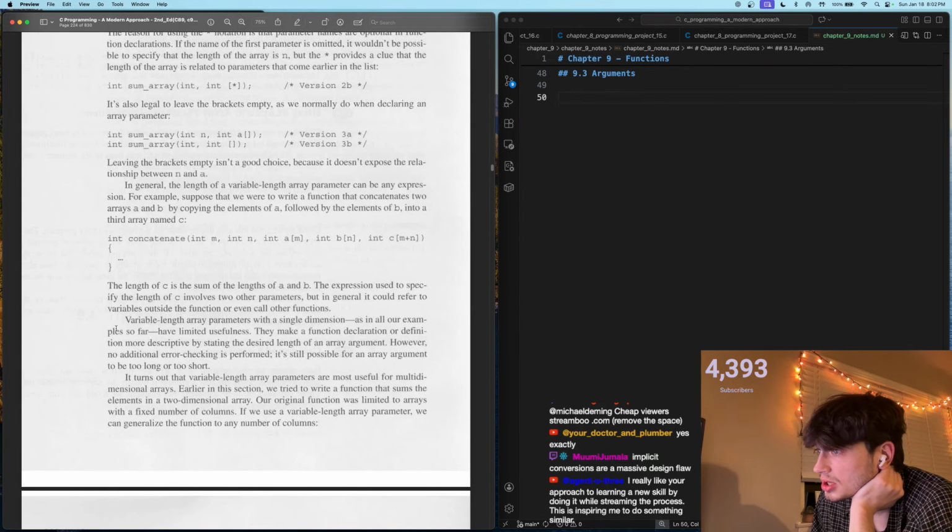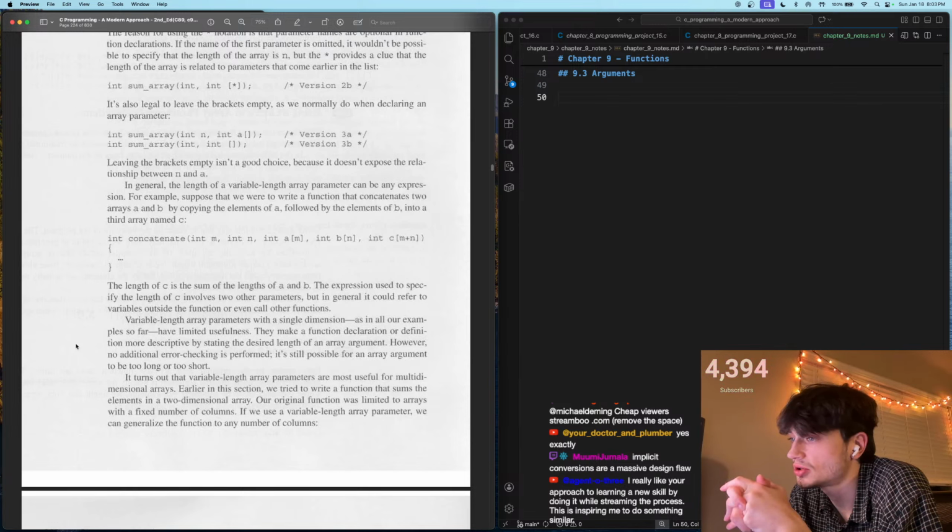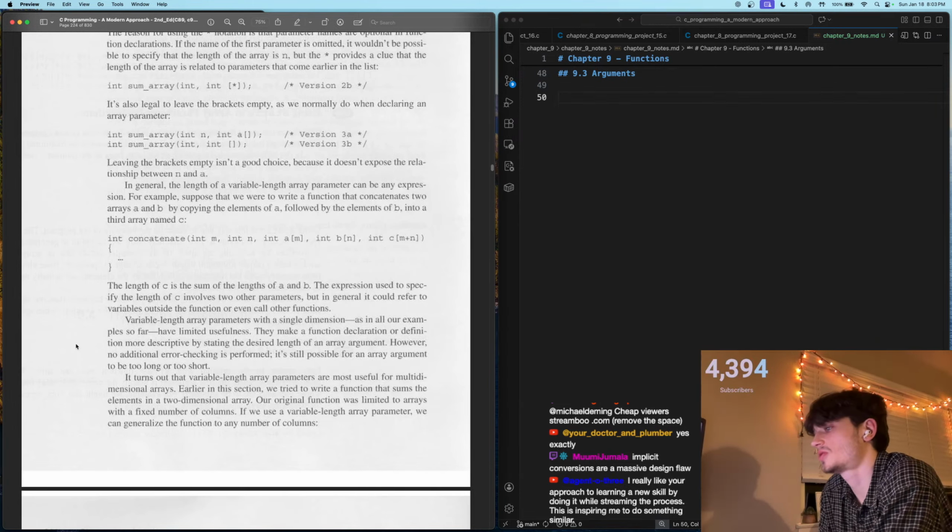It turns out that variable length array parameters are most useful for multi-dimensional arrays. Earlier in this section, we tried to write a function that sums the elements in a two-dimensional array. Our original function was limited to arrays with a fixed number of columns. If we use a variable length array parameter, we can generalize the function to any number of columns. int sum_two_dimensional_array(int n, int m, int a[n][m])